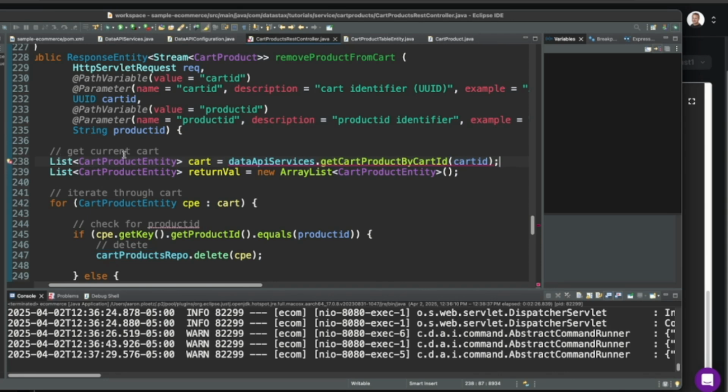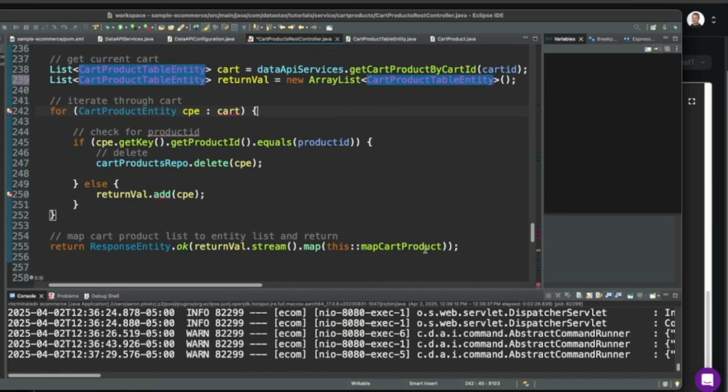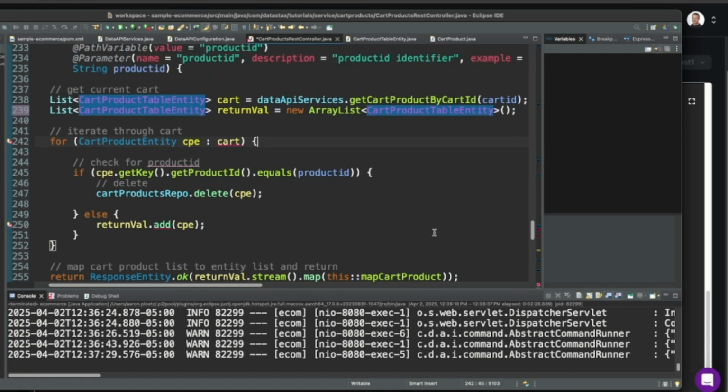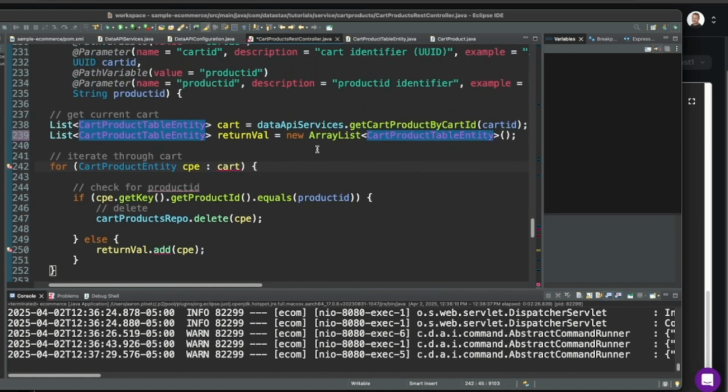And that fails because this is a cart product table entity. Instead, we're also going to want our return value to be the same thing here. There we go. And our mapper should work just fine because we adjusted the mapper last time.